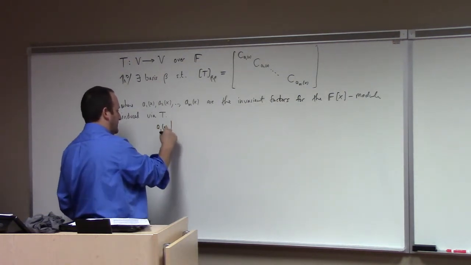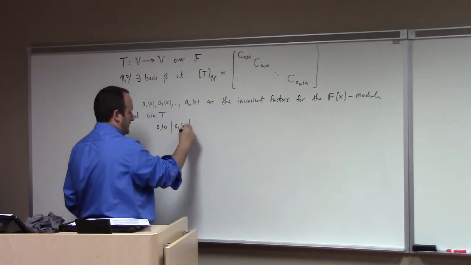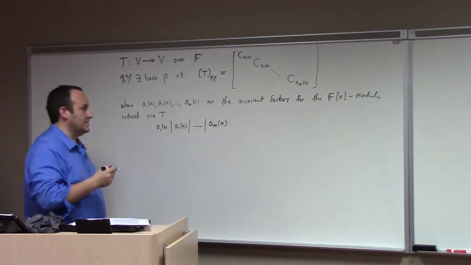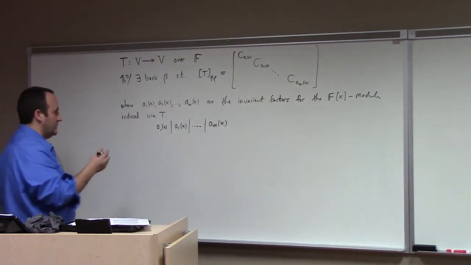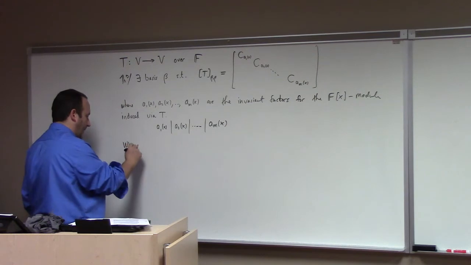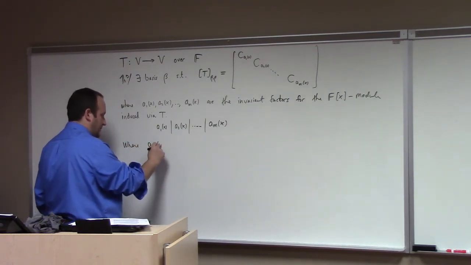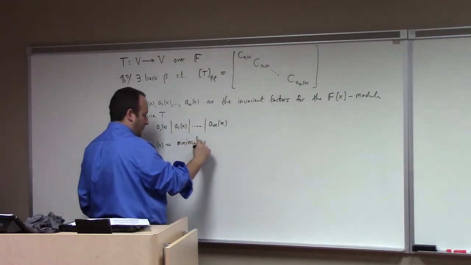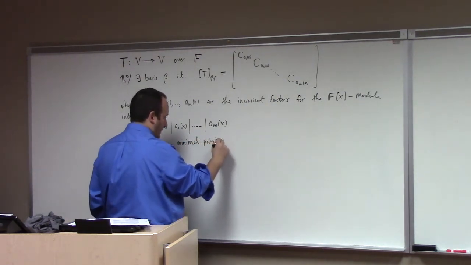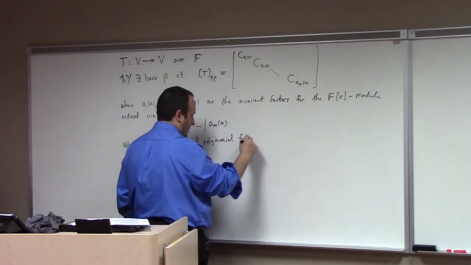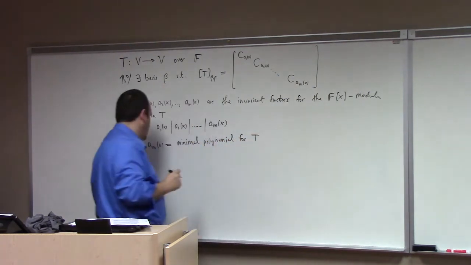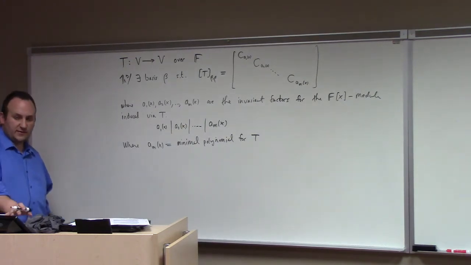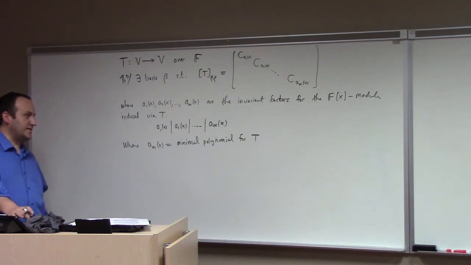A1 of X divides A2 of X, divides AM of X. And a little bit more theory for you here, where AM of X will be equal to the minimal polynomial for T. All right. So it's a monic polynomial of least degree, that when you plug the linear transformation in, you get the zero